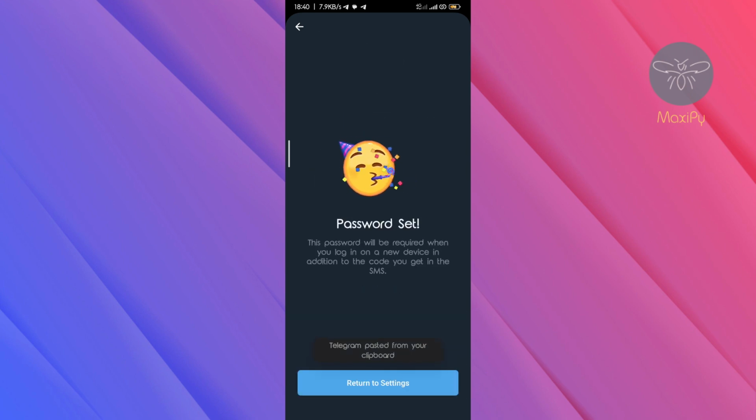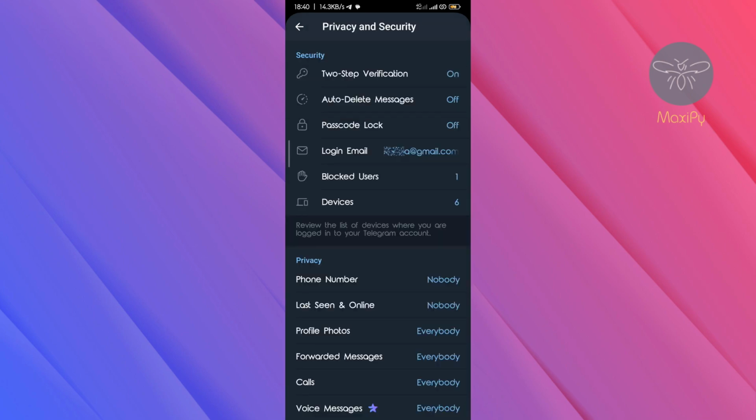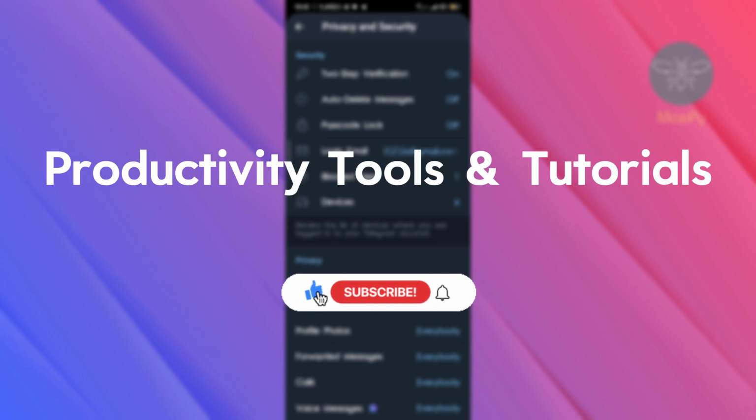Okay, password is set. The password will be required when you log in into a new device in addition to the code you will get in the SMS. Return to settings and okay, you can see that two-step verification is on, and that is how you enable two-factor